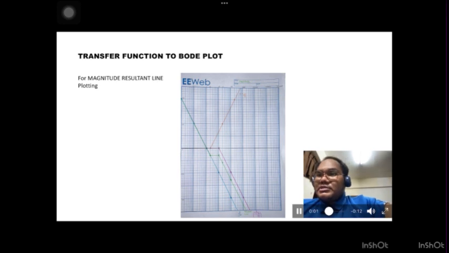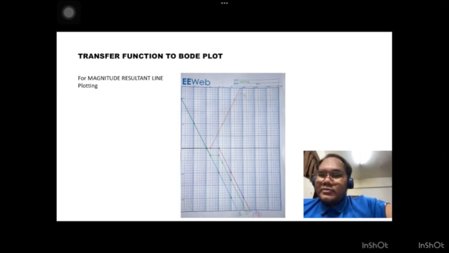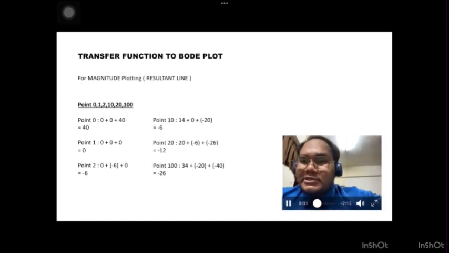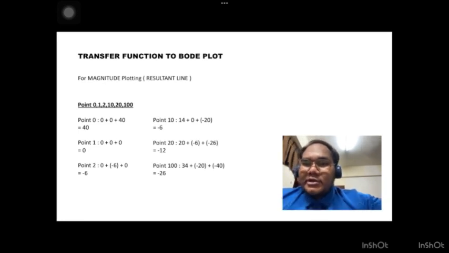The next is the magnitude resultant line plotting. I will show you the calculation to get the values to plot this line. The next is the values that have been obtained after we plot the Bode plot. So there are 6 points, which consist of 0, 0.1, 0.2, 0.10, 0.20, and 0.100. At 0.1, we can see from 0.0,